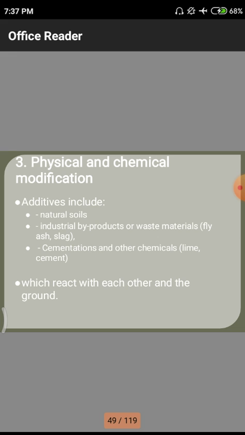Fly ash is a thermal waste. That means in thermal power plants we use coal as a base material for the generation of power. Next one we have slag. Slag normally comes from the steel industries. In steel industries we use raw materials like ferrites, magnetites and hematites as the base materials for the production of steel. And we use coal also in the steel industries for heat purposes. In both conditions we obtain fly ash and slag as waste materials in the steel industry, and fly ash as a waste material in the thermal industry.